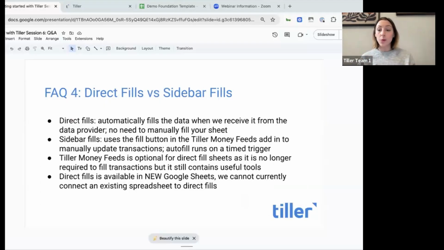The next question that we're getting a ton of traffic with, and which is related to a new feature that is live now to all customers as of this week, is what's the difference between direct fills versus sidebar fills? Do I have access to one or both? How do I know? So sidebar fills refers to using the Tiller Money Feeds add-in to add your new transactions